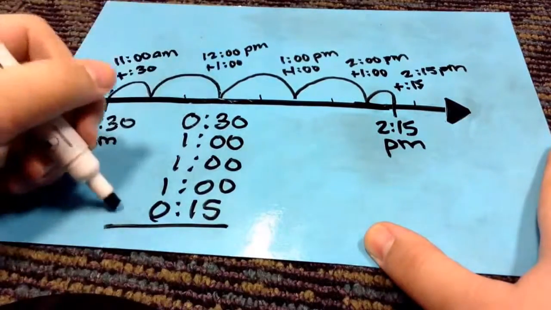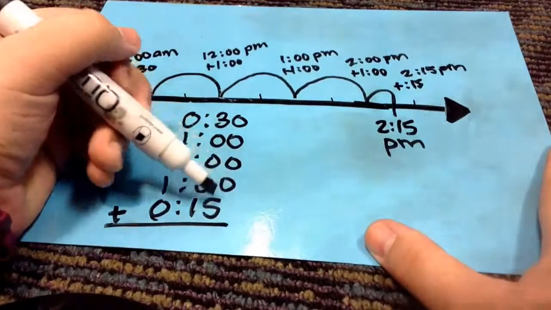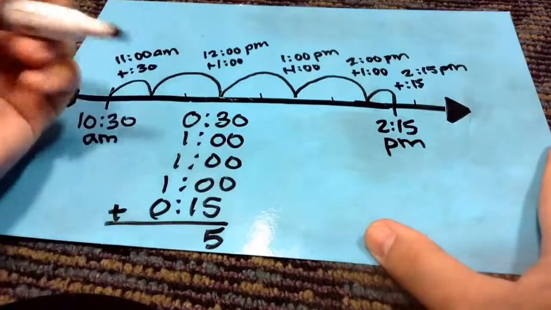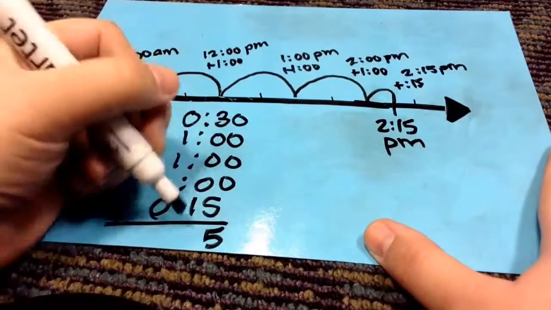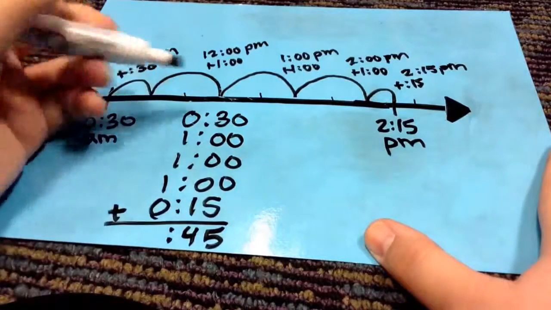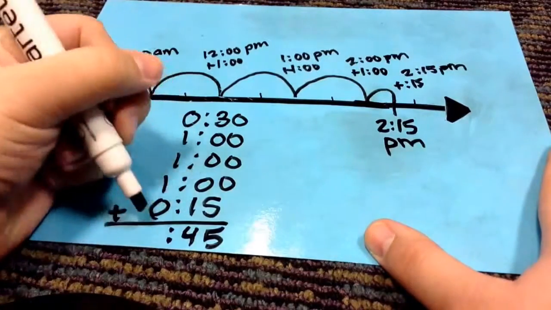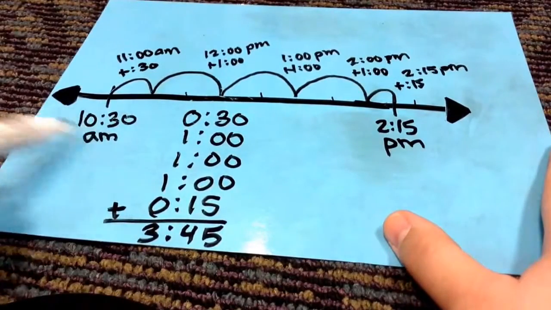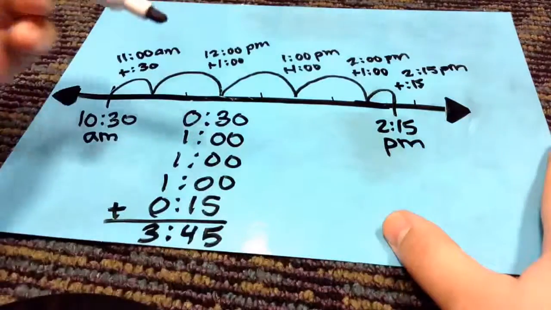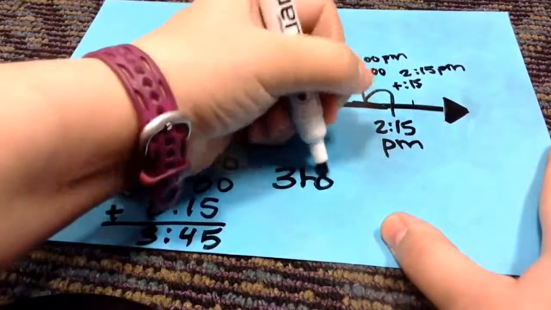So if we add these up, we can see 0 plus 0 plus 0 plus 0 plus 5 is 5. 3 plus 0 plus 0 plus 0 plus 1 is 4. And 0 plus 1 plus 1 plus 1 plus 0 is 3. So, from 10:30 to 2:15, it took us 3 hours